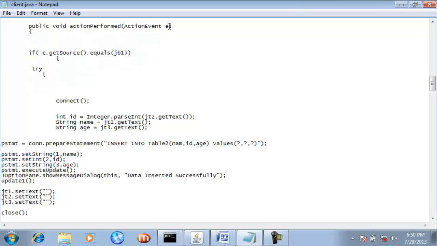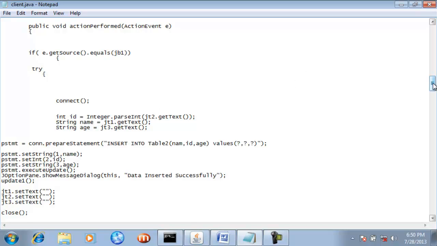The e object of the ActionEvent class holds the JB1, and here is a lot of if and else if blocks. If e.getSource returns the JB1, then this if statement returns true and this try and catch block gets executed when you click the save button.